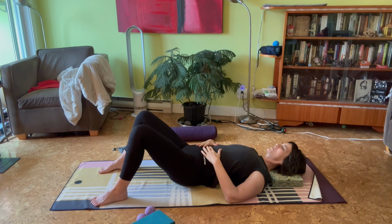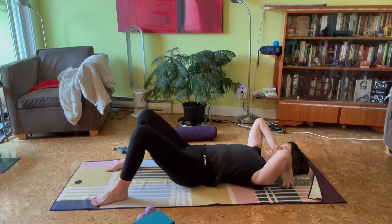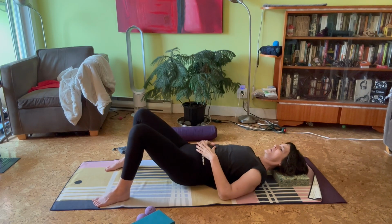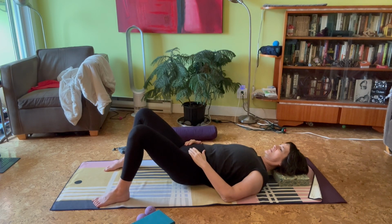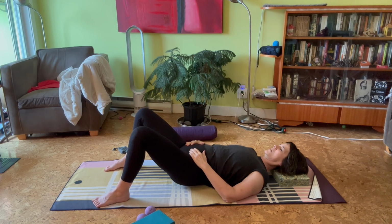And now start to gently tilt our pelvis. Dropping it forward into anterior pelvic tilt and curling it under in posterior pelvic tilt with your inhale. As we're breathing, inhaling